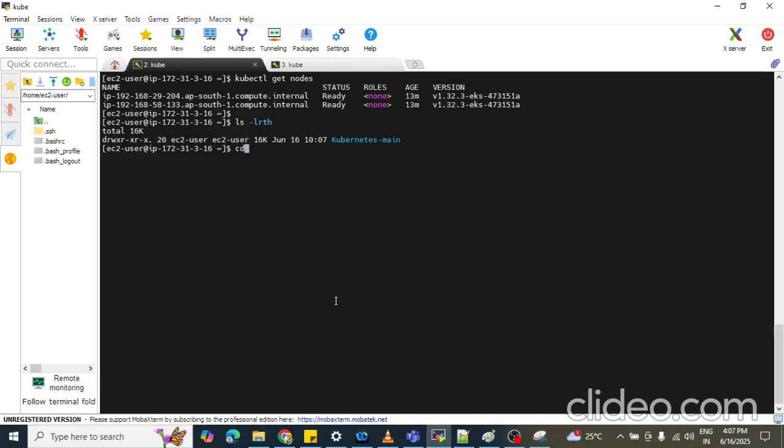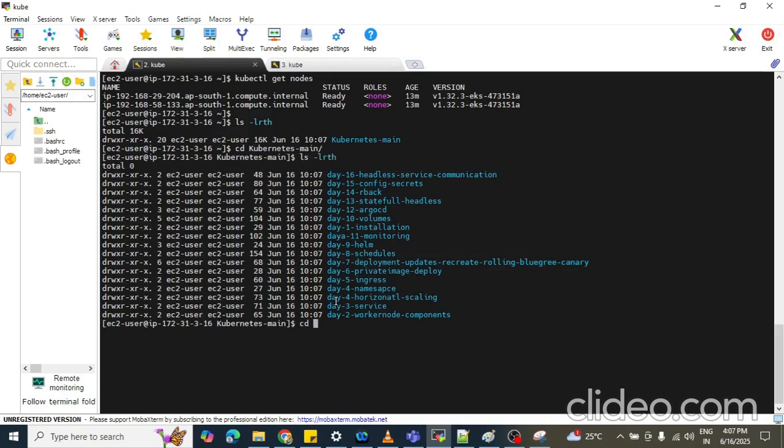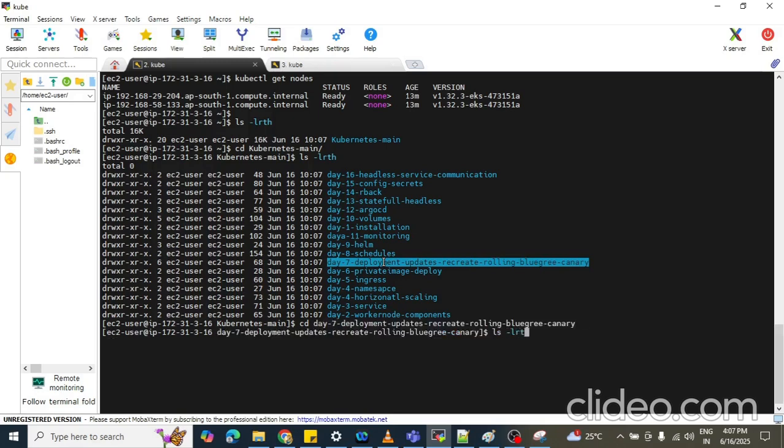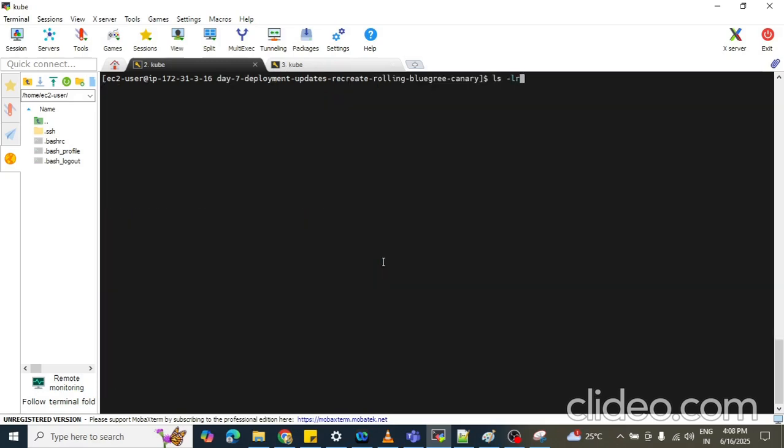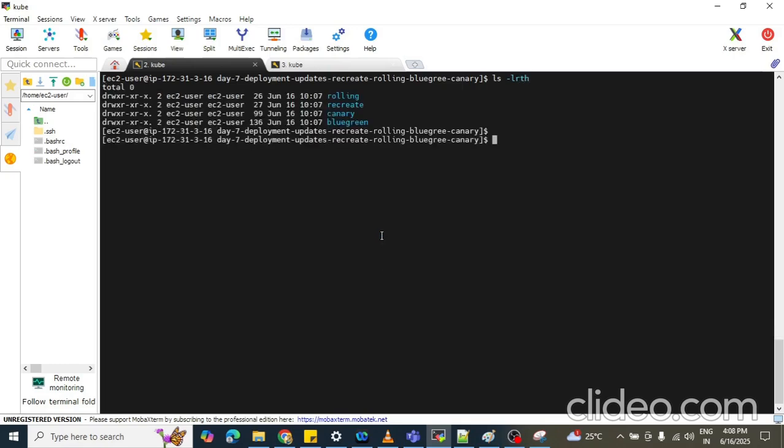Let me show you some YAML files of deployment strategies. Let's move inside our deployment strategies folder. If you can see this, we have created some YAML files according to our deployment strategies, like rolling, recreate, canary, blue-green.